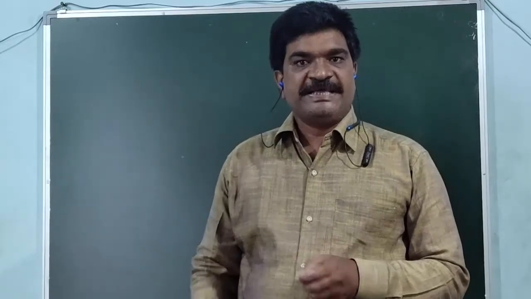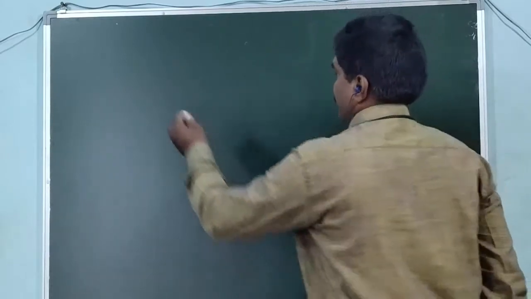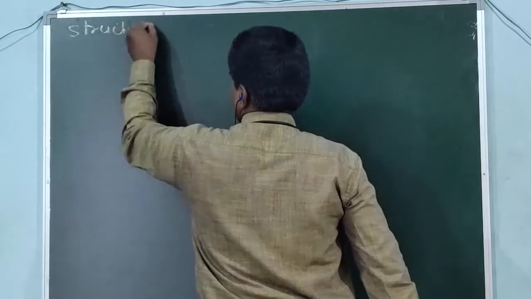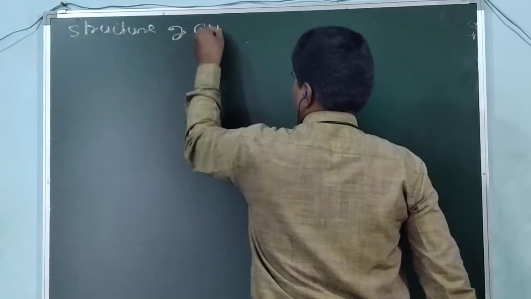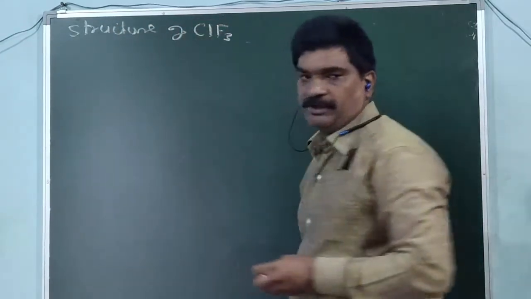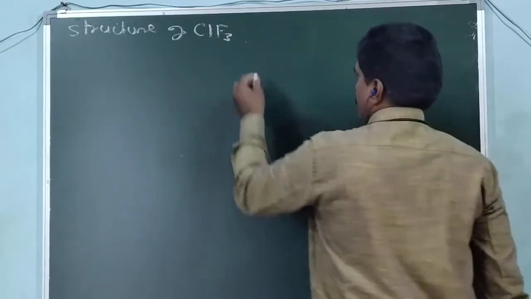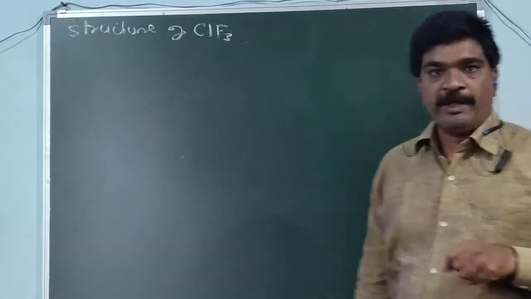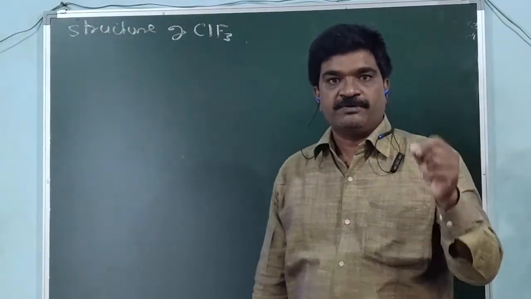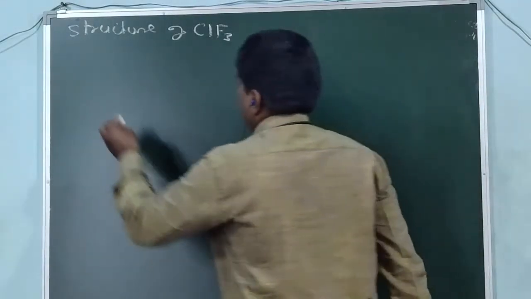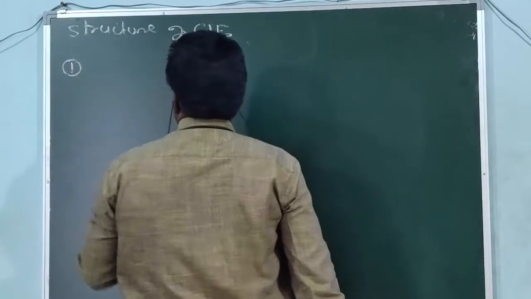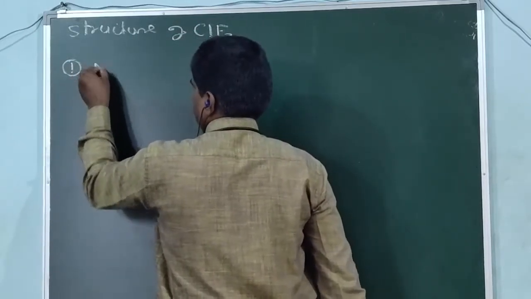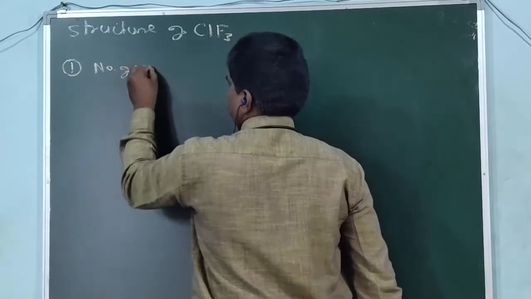Structure of ClF3. That is the structure of the ClF3 molecule using VSEPR theory. Now what happened here? First of all, we have to determine the total number of valence electrons, that is, the number of valence electrons